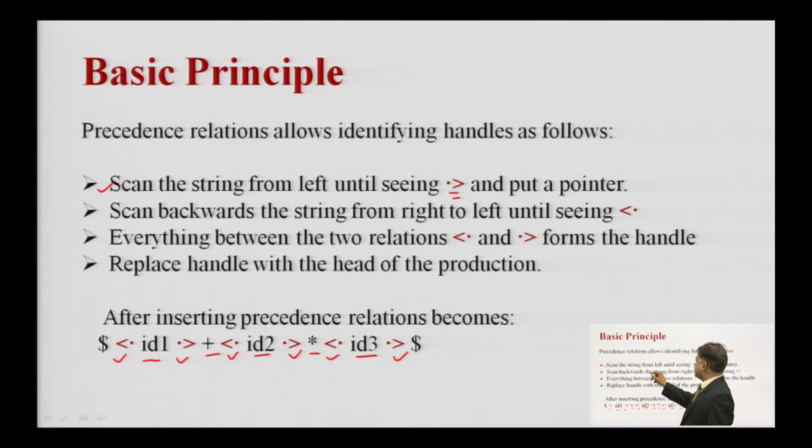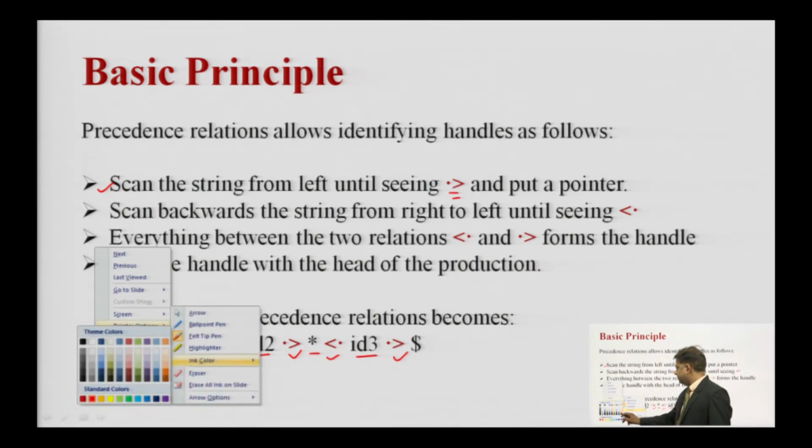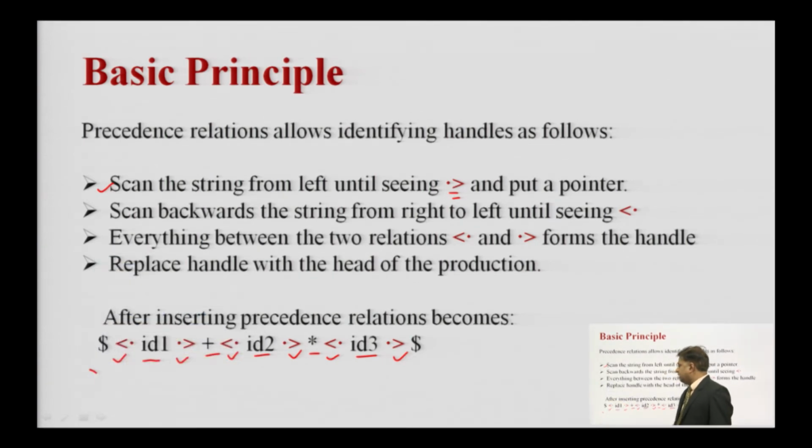Next step क्या आता है आपका, scan the string from the left. मैंने string को यहाँ से start किया, देखना कब तक देखा इसने start किया, जब तक कि मुझे क्या नहीं मिल जाता, higher precedence. यहाँ पे मुझे क्या मिल गया, that this is having higher precedence. जैसे ही मेरे को higher precedence मिलता है, what it says, scan backward the string from right to left. अब right to left चलते हैं, कब तक, जब तक कि मुझे less precedence relation नहीं मिल जाता, right. तो पहले मैं कहाँ तक गया, जब तक मुझे starting में, जब तक मुझे higher precedence relation नहीं मिल जाता. एक बार higher precedence relation मिल जाए, then again I move in backward direction. कब तक move करता हूँ, जब तक कि मुझे less precedence relation नहीं मिल जाता.